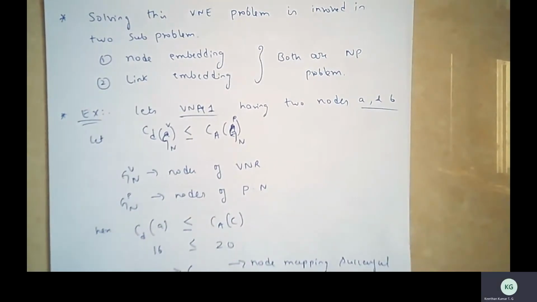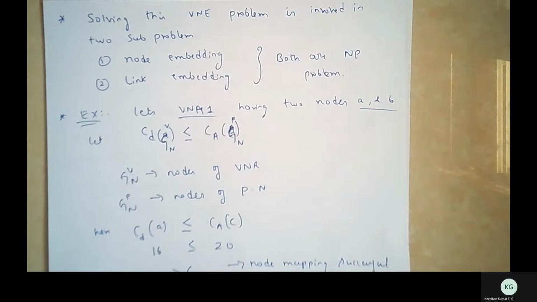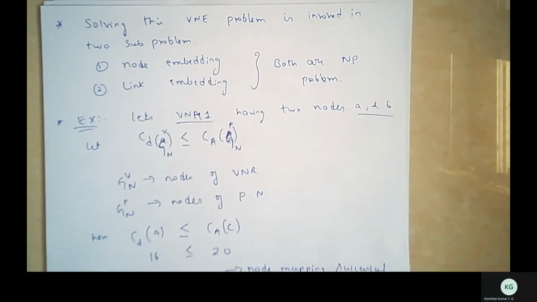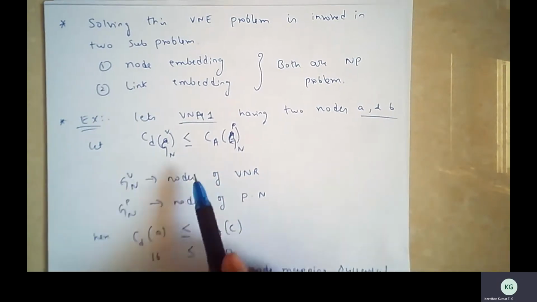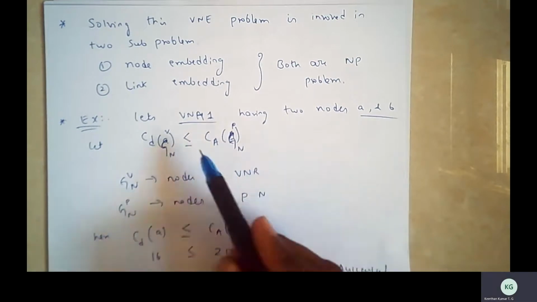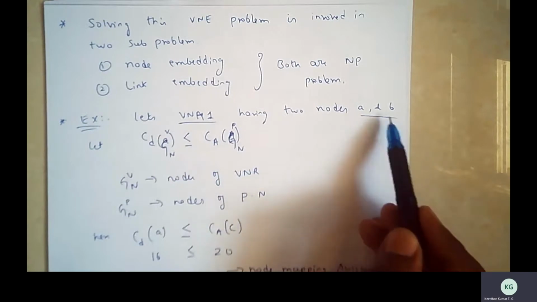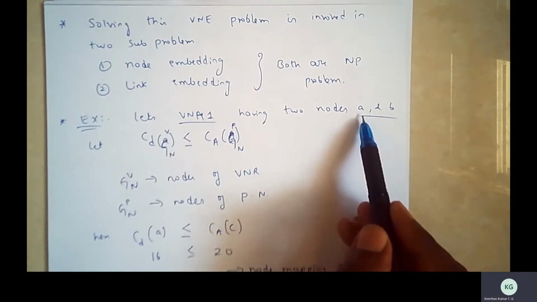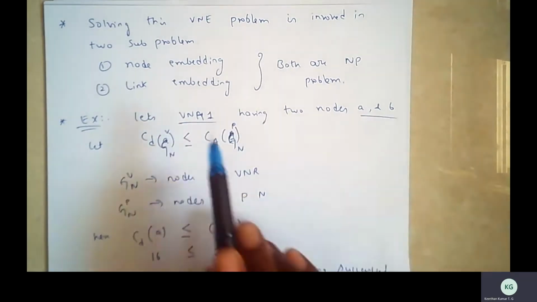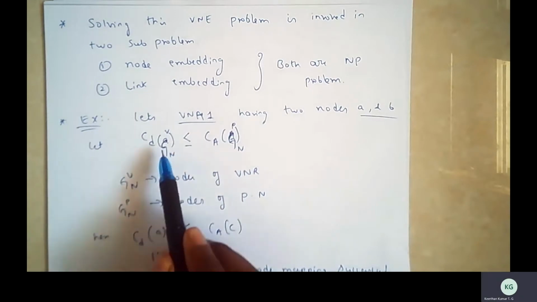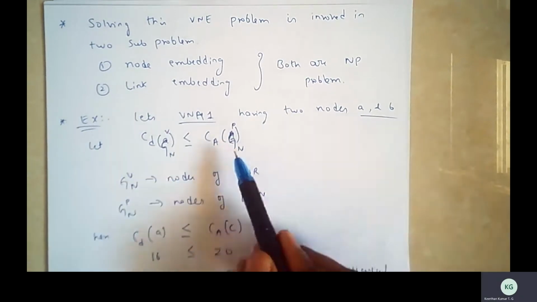Now, take the first one, node embedding. As I said earlier, to carry out the node embedding, I want to subject it to certain constraints. For example, assume the node constraint will be written like this. In the VNR1 request, we have 2 nodes, A and B. Assume I pick small a as the first node, meaning the first VM, which has to be mapped on top of the physical server. If I want to map small a on top of any one server of the physical network,